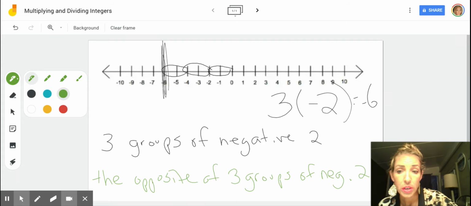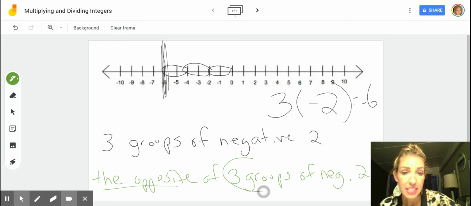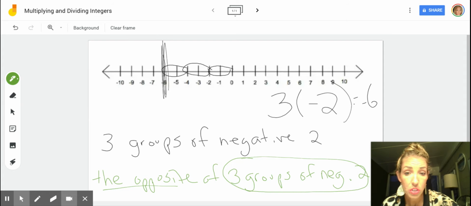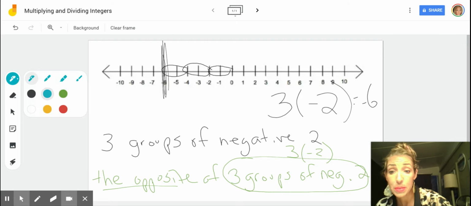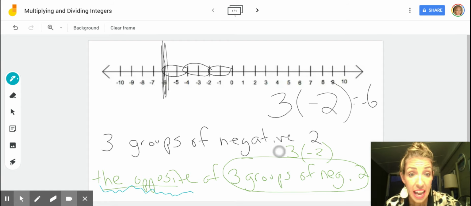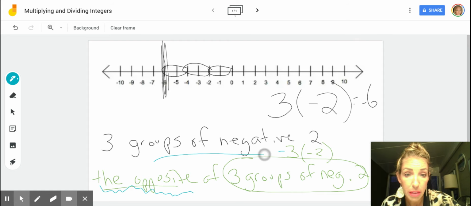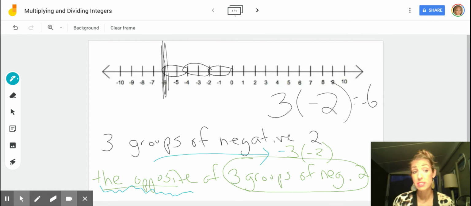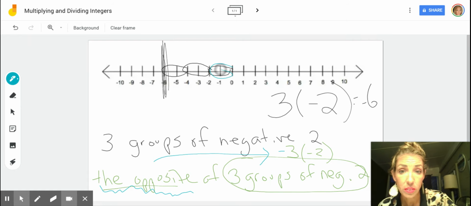All right, so let's worry about the opposite in a second. Let's go back to this, 3 groups of -2. But now when I say the opposite of something, the opposite would be -3 times -2. That takes the words "the opposite" and puts them into mathematical form, because the opposite of +3 is -3. So if I do 3 groups of -2 again, 1 group, 2 groups, 3 groups, and I end up at -6,